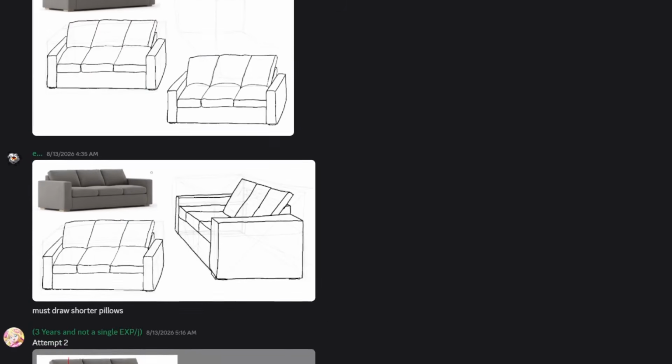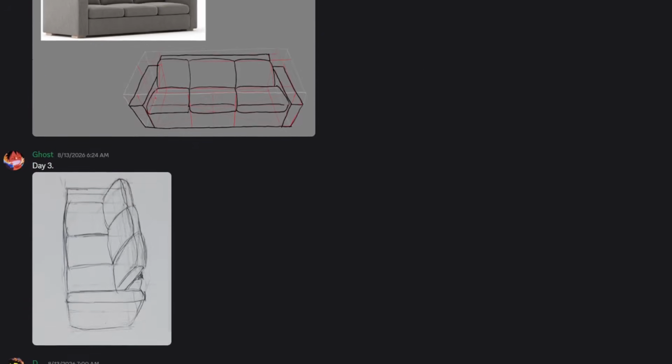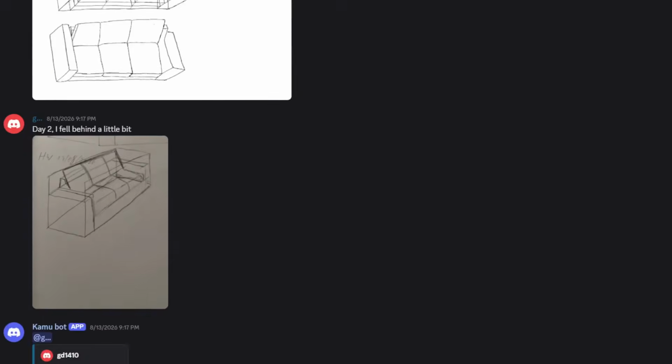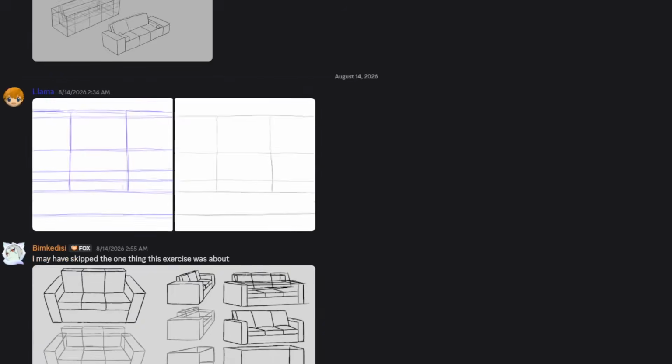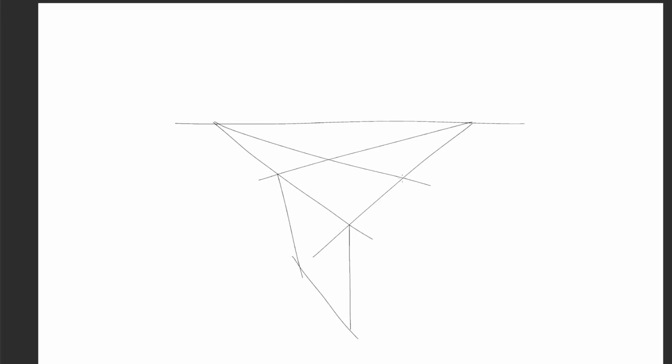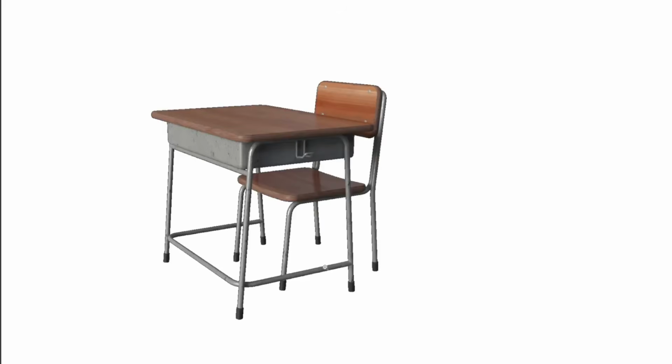I want us to be able to draw boxes from whatever angle we want in whatever perspective we want, and then we can use those boxes to draw objects in those really exaggerated perspectives. So I think one of the exercises we'll be doing in the future will be drawing boxes in these really exaggerated focal lengths and then using these boxes to draw objects. But for now, I want to stick to more normal perspectives, and instead what we're going to be doing is